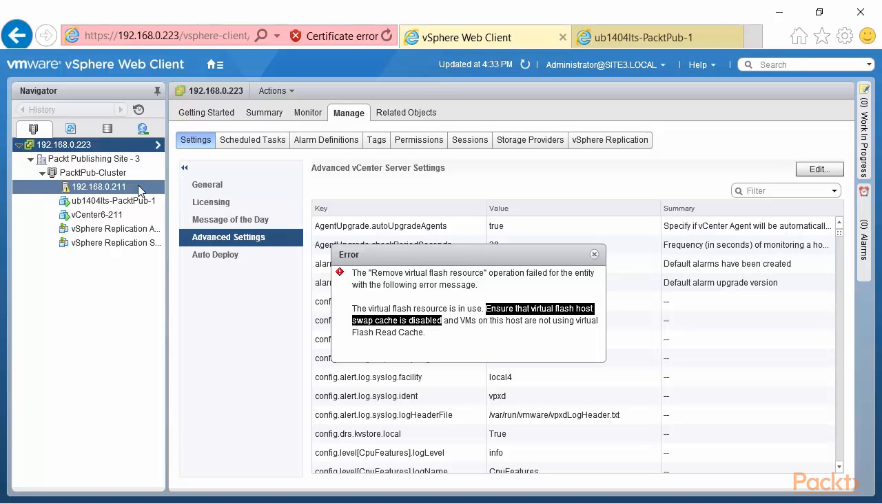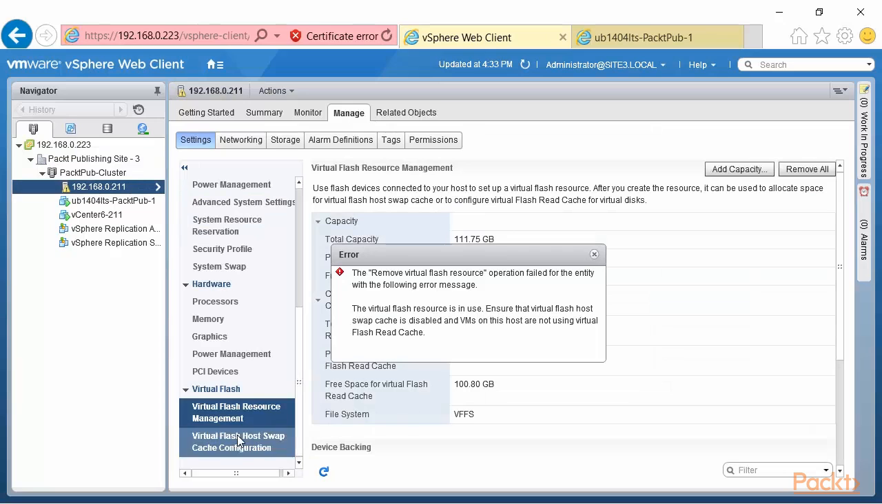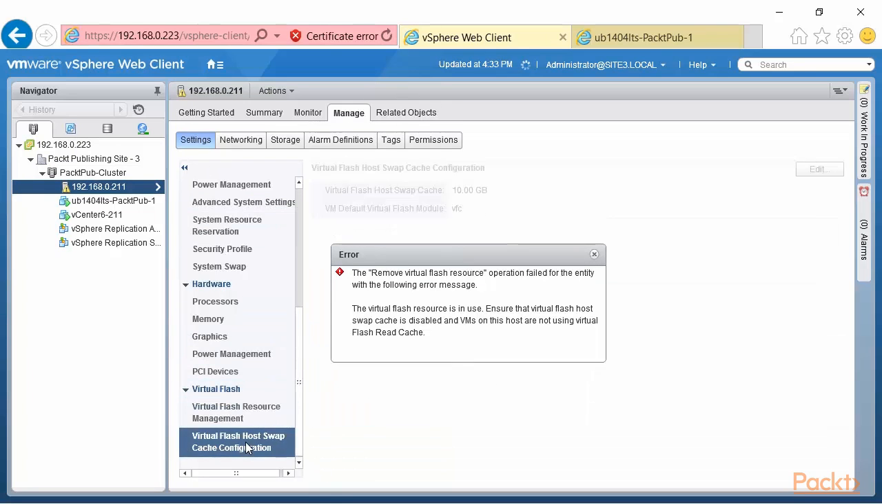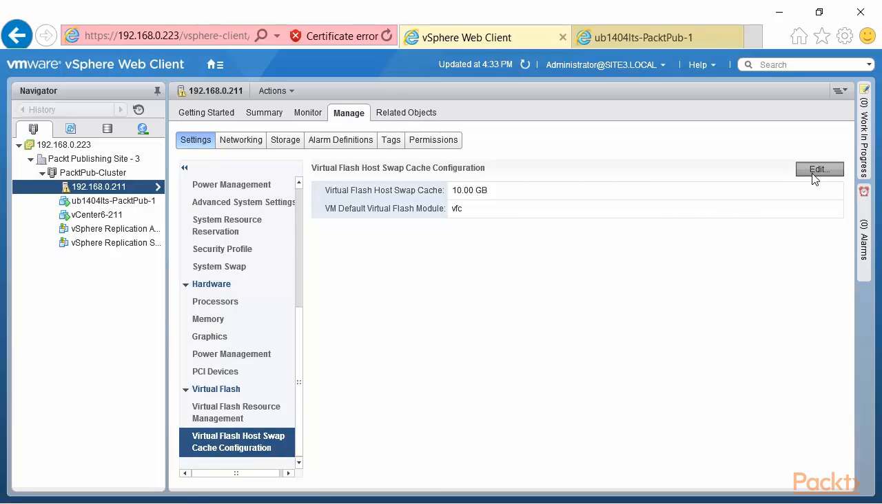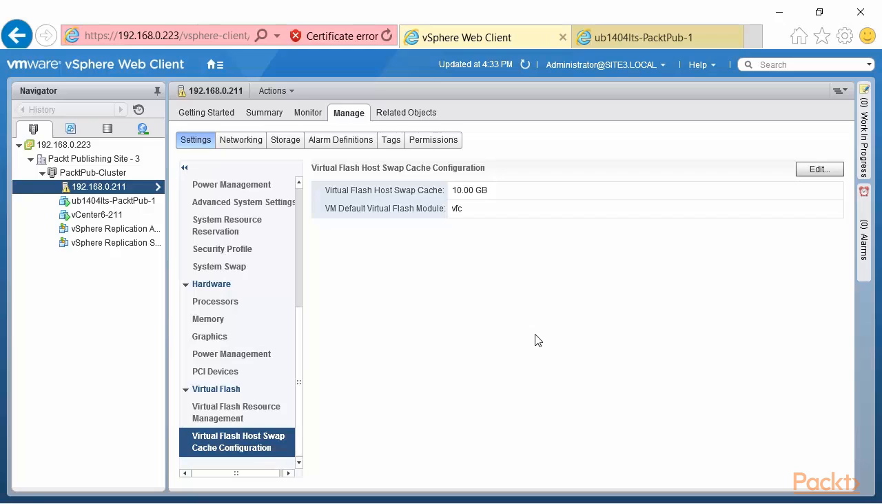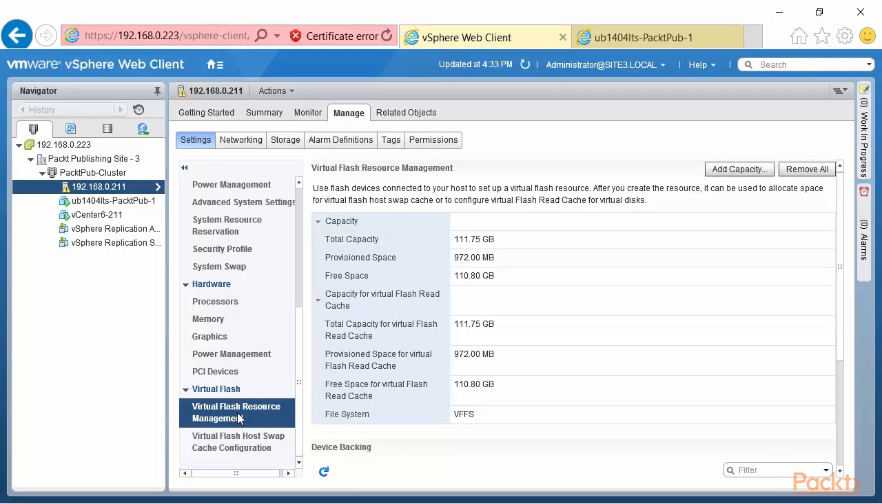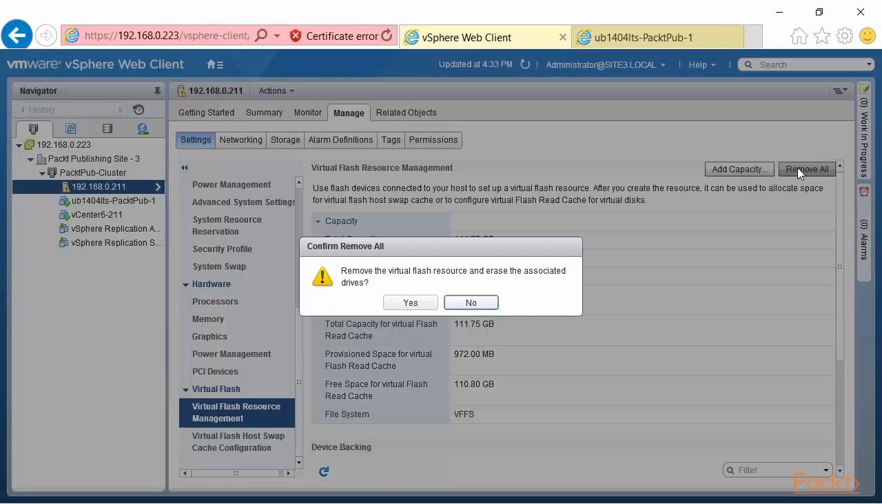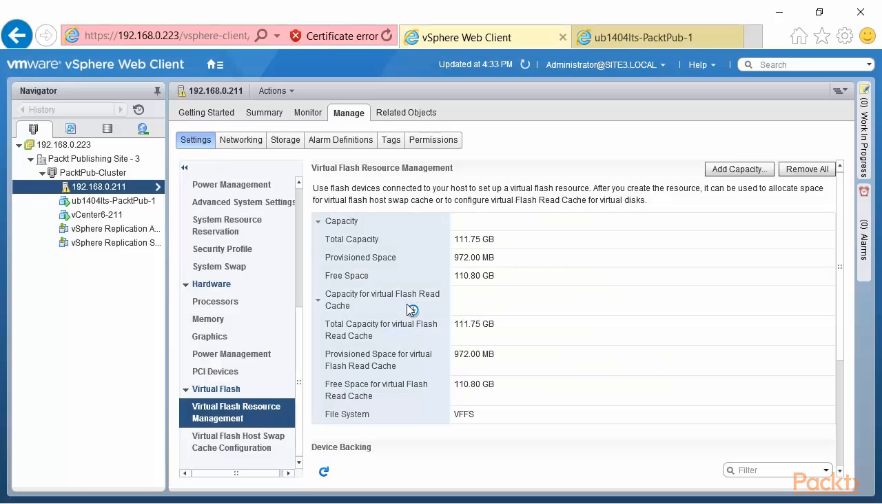So that's very easy. As you know, we go in here, manage settings on the host, go to virtual flash host swap cache. I get rid of this message. I click edit, and I disable the virtual flash host swap cache, and then I click OK. When I go back to the virtual flash resource management, and now when I say remove all, I should be able to delete this. When I hit the refresh